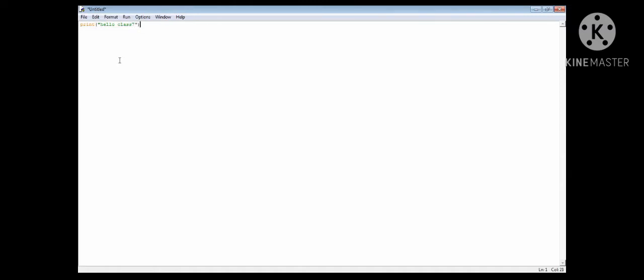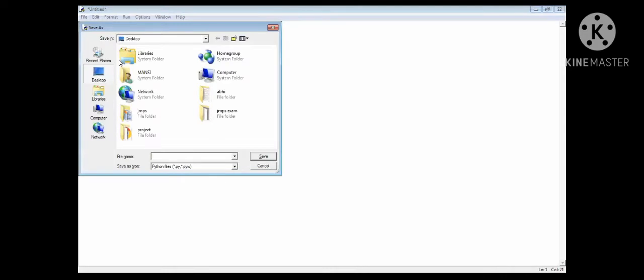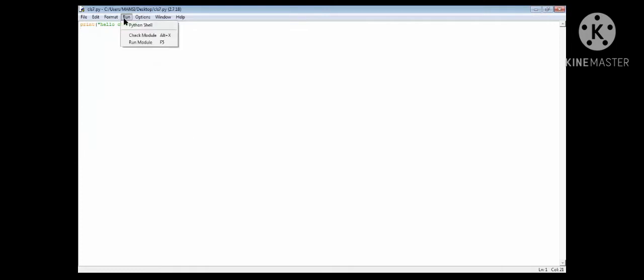Okay, now save. Control S, write the file name cls7.py. Clear till this? Save it. Now let's run this. Click on run module.